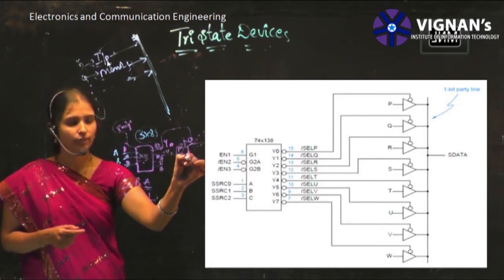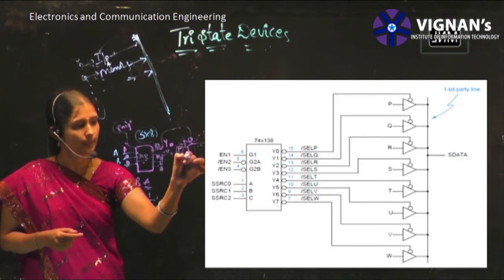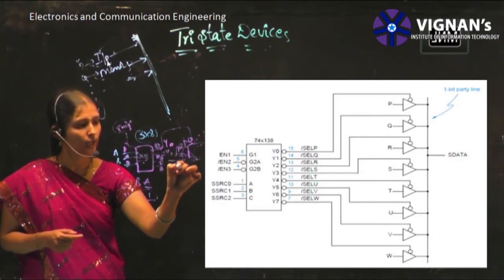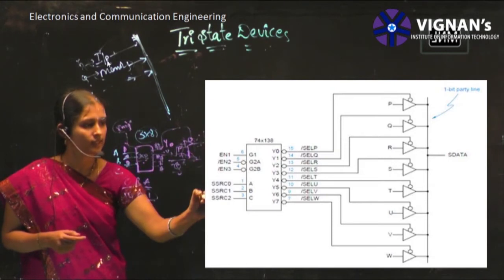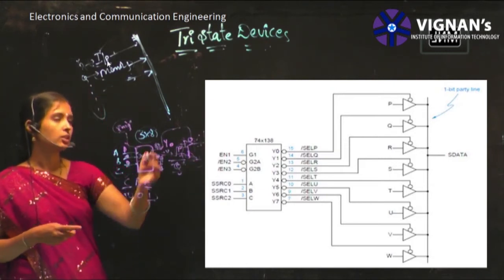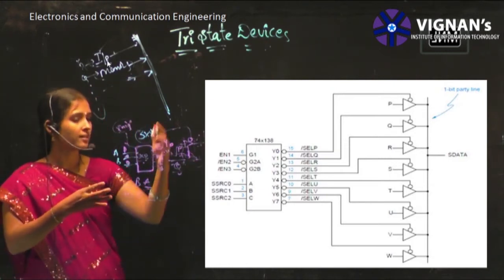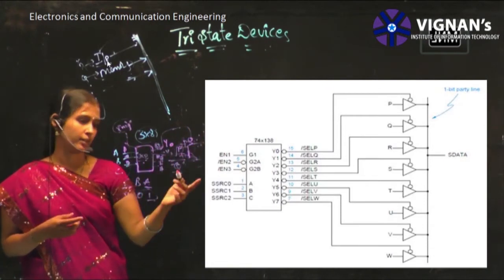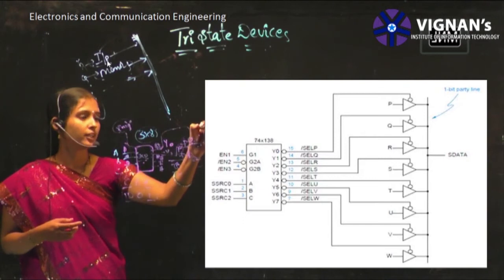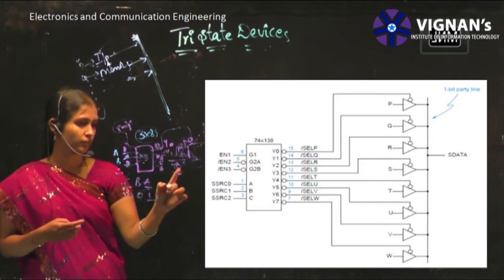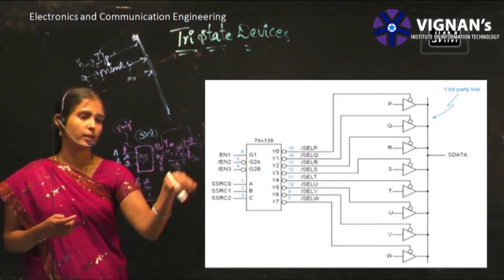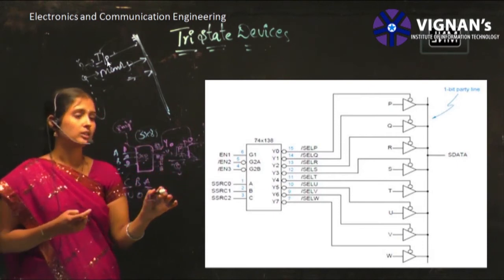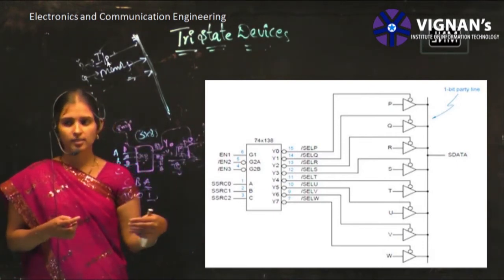Enable input of the buffer. As that is connected to the enable input of the buffer, whatever your Q can access the same common bus. That means suppose n peripherals, as there are n inputs, can access the same bus only one at a time. Only one can speak with that common bus at a time. That is the advantage of this circuit. Let us come to the next slide.